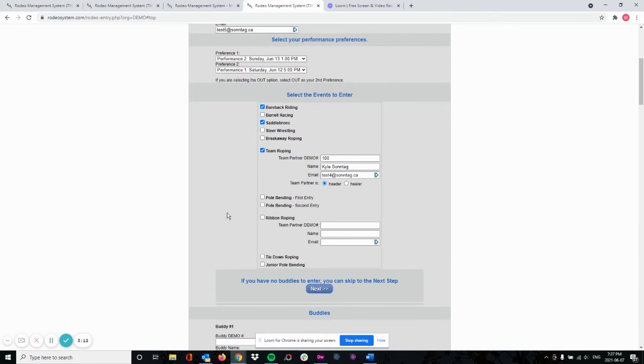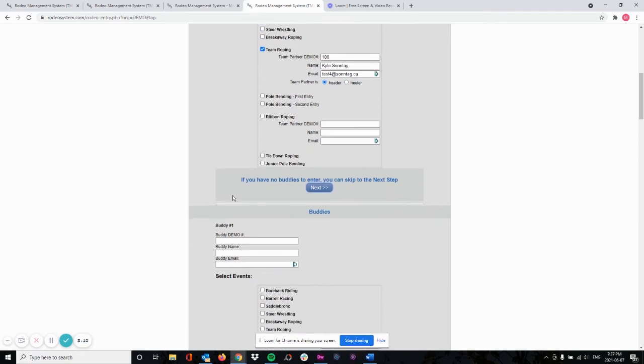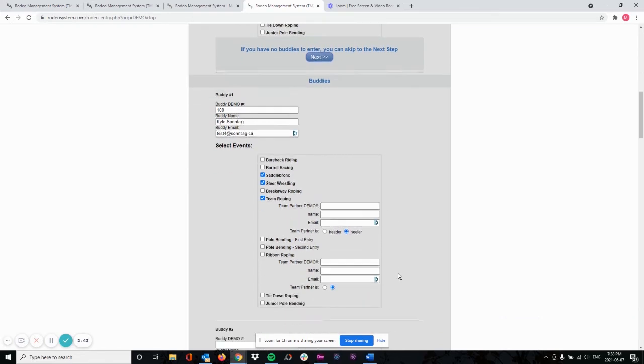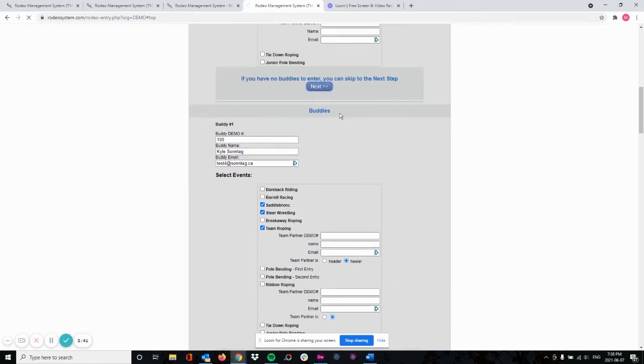So one of the other great things here is we can add additional entries here. So we can add a buddy entry, for example. So Kyle wants to enter some events as well as per the instructions. So we will add a couple of events for Kyle. He would also like to be in another team roping team if your association allows multiple entries. And we are going to simply not enter a member here, and then we will click the next button, and